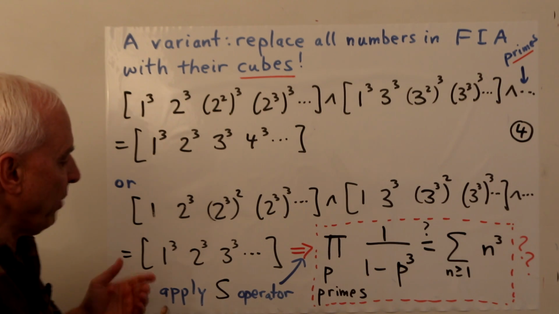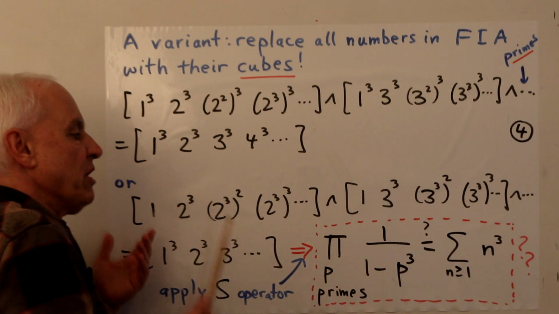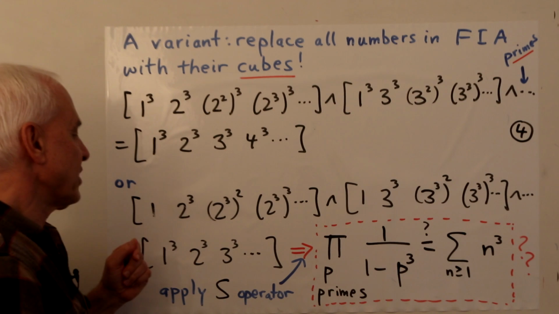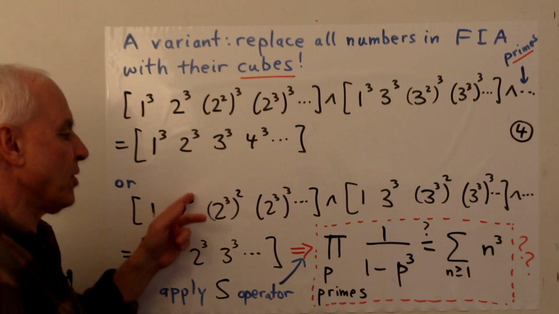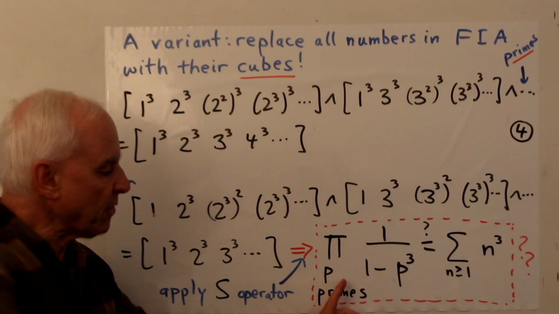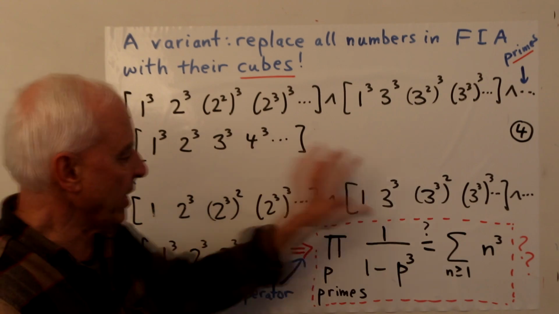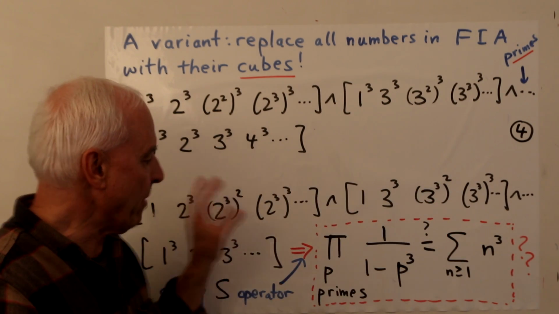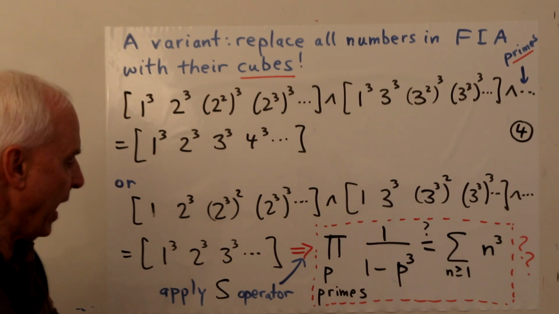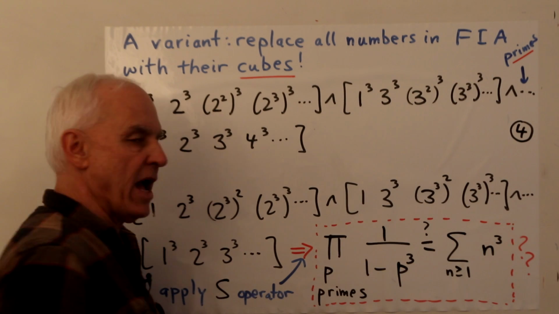And then when we apply our S operator, again, we have a geometric series. First term 1, constant ratio, the prime cubed. So in general, it will be 1 over 1 minus p cubed. And we're taking the product over all primes. It's a quick way of saying what we get when we perform the sum of all of these and multiply them all together. And over here, we're just getting the sum of all the cubes of the natural numbers.